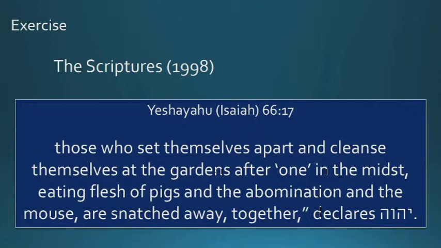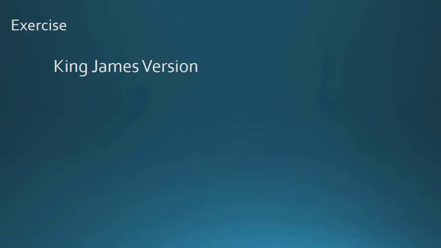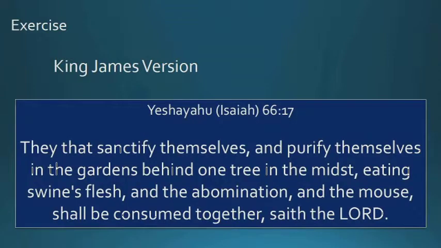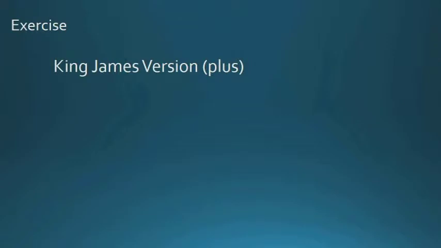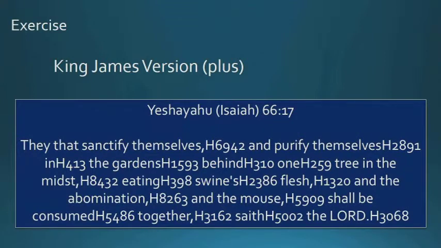The King James Version of this same verse says, "They that sanctify themselves and purify themselves in the gardens behind one tree in the midst, eating swine flesh, and the abomination, and the mouse, shall be consumed together, saith the Lord." Now, in the eSword version, the King James has a King James Plus, which gives you the Hebrew